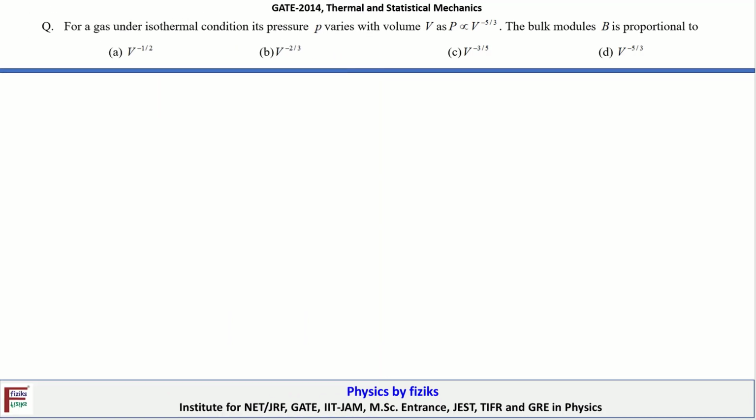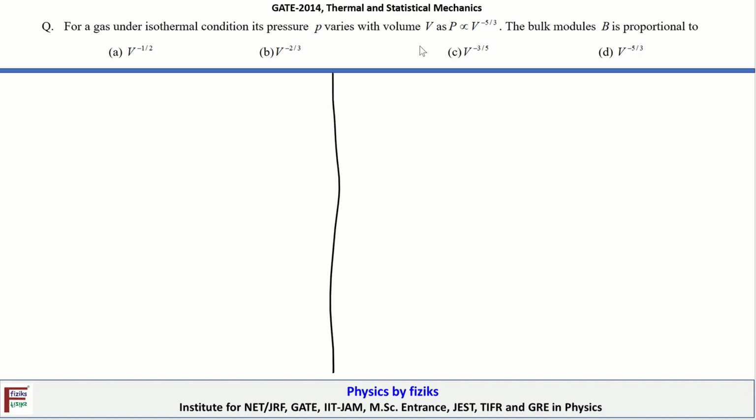So here I'm going to talk about a question in thermal and statistical mechanics which appeared in the GATE 2014 examination. So let's continue with the first problem. The question is: for a gas under isothermal condition, its pressure P varies with volume V as